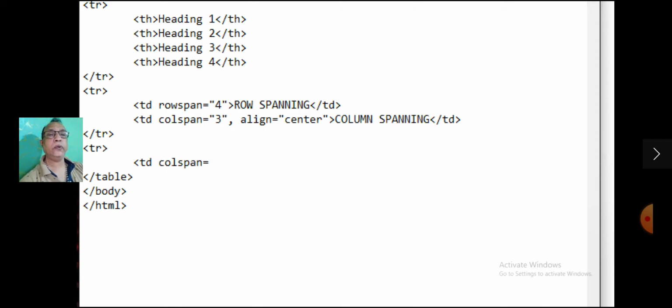The third row colspan is equal to, in the quotes, 2, align is equal to center. The data is column spanning.